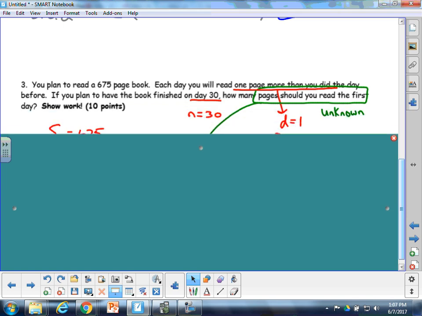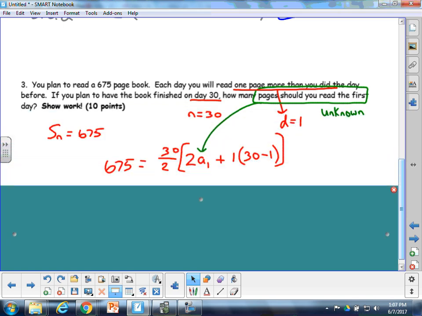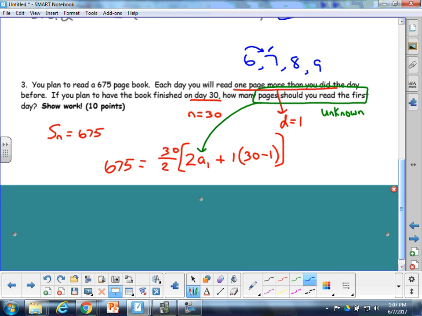Okay, so this is definitely a sum problem, a series. It is actually arithmetic because of the pattern. You're reading one page more than you did the day before. So for example, if you read 6 pages one day, the next day you have to read 7, then 8, then 9. So it is an arithmetic sequence. The d value here is 1. That's the pattern. Okay, so if we plug everything into the formula we just used to find the sum for arithmetic,